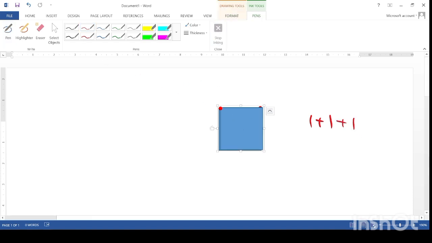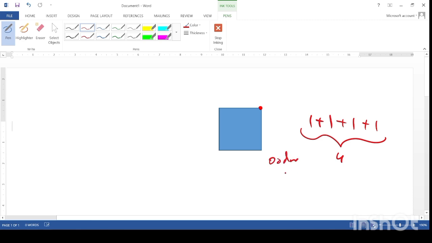Now we'll be going further, and the red dot is on the red dot again. At this position, this is again the same shape. So I'll say that the order of rotation symmetry is one more. So the total order of rotation symmetry of the square is 4. So this is the order of